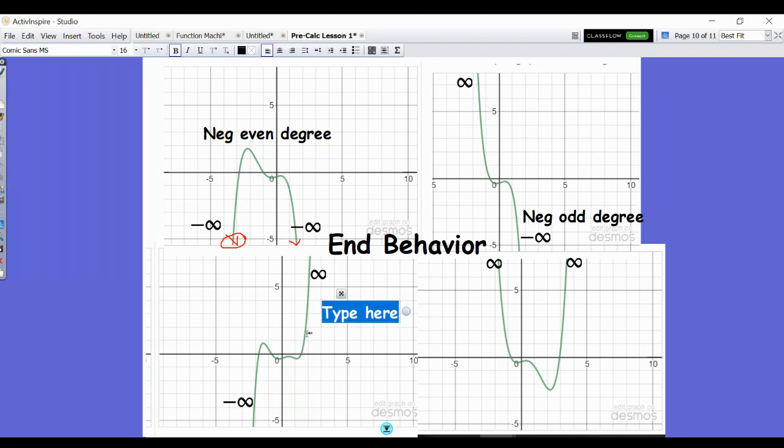Because these two things are opposites, and because it's going eventually to the positive on the right-hand side, this is a positive odd degree, and this one would have been positive even, because both are pointing